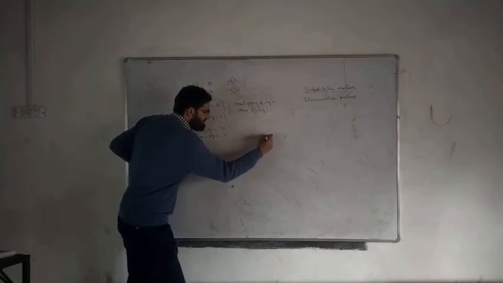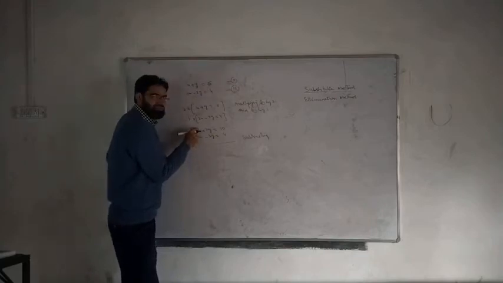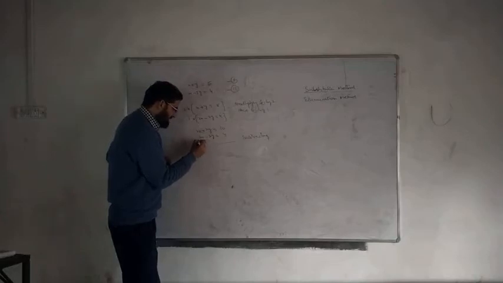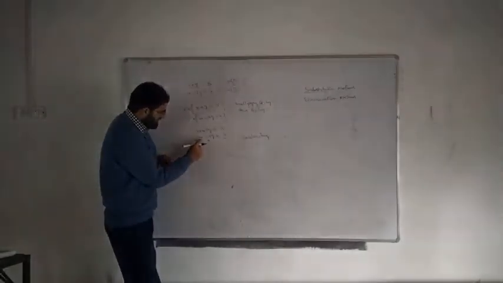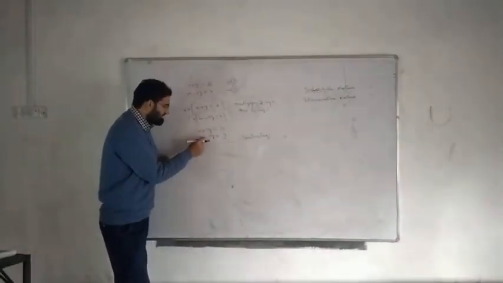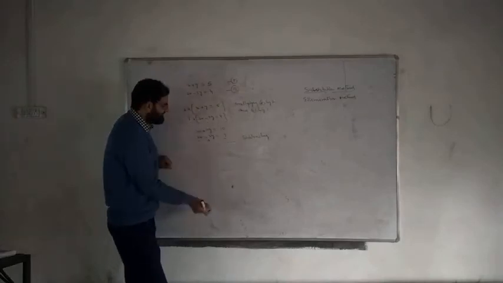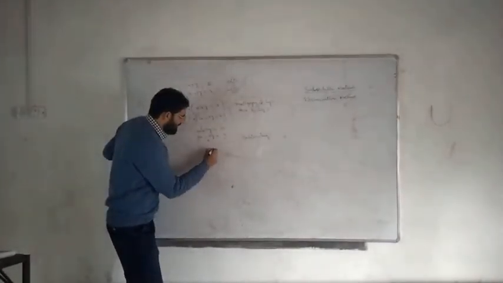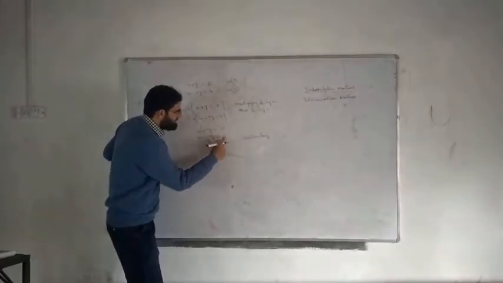Now subtracting. When we write subtracting, it means we are subtracting the second equation from the first equation. When we are subtracting, obviously the signs will get changed. This will become minus and this will become plus, this will become minus. The signs of the second equation will get changed, not the first equation, because we are subtracting this equation from the first equation. So 2x and 2x get eliminated. That's why it is called the elimination method. This is 2y plus 3y is 5y is equal to 10 minus 4.